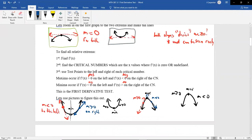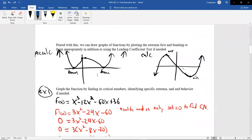And again, the test points, so let's just say that we had a critical number of 5. We'd want to use test points of something like 4 and 6. Find out what happens to the left and the right in the first derivative. We call it the first derivative test because we need to find the first derivative and plug the test points into the first derivative. And then we did an example